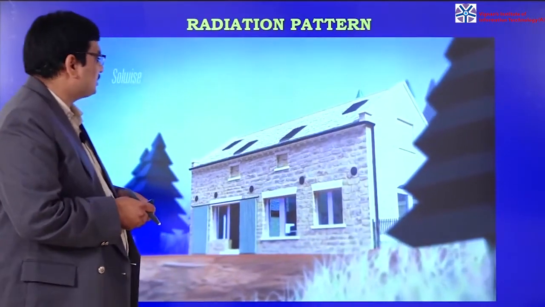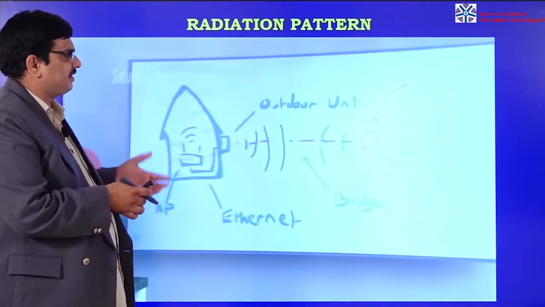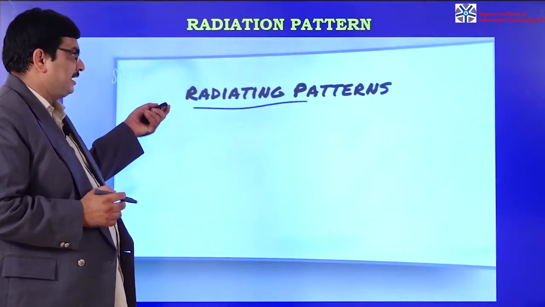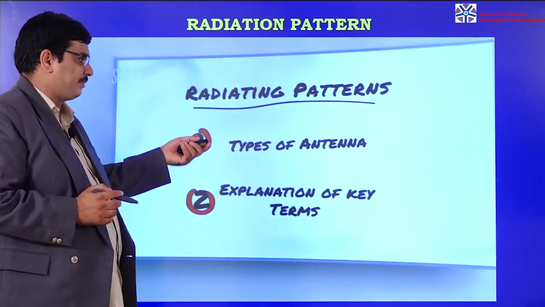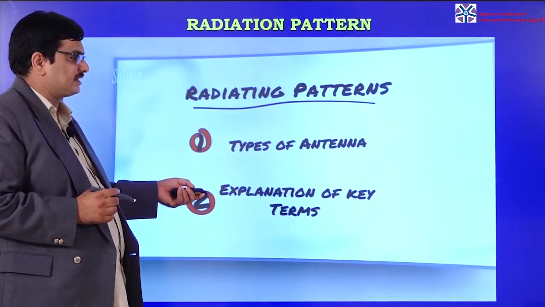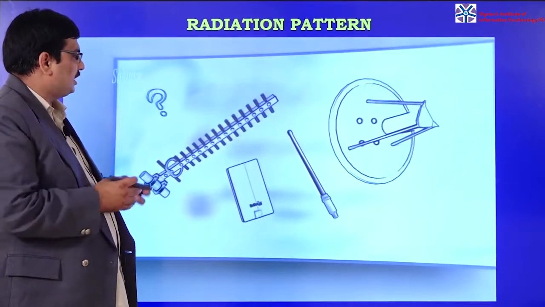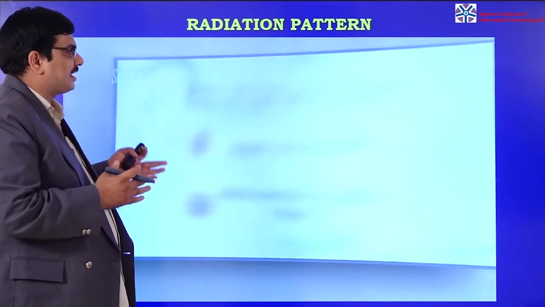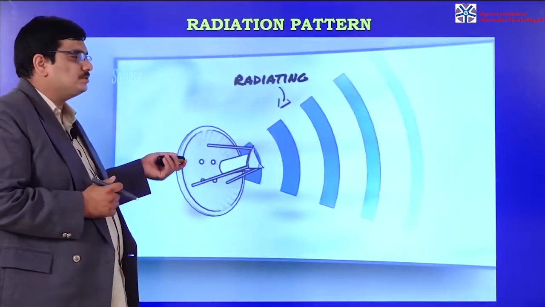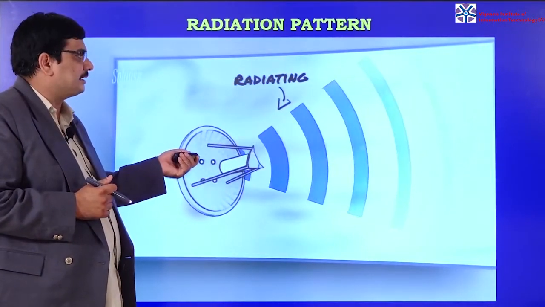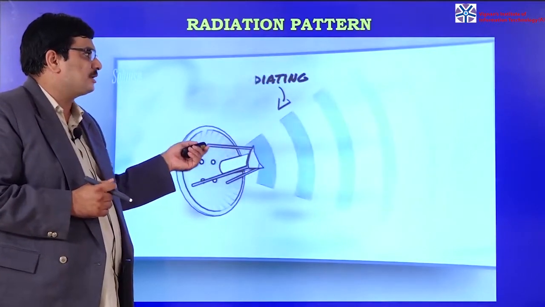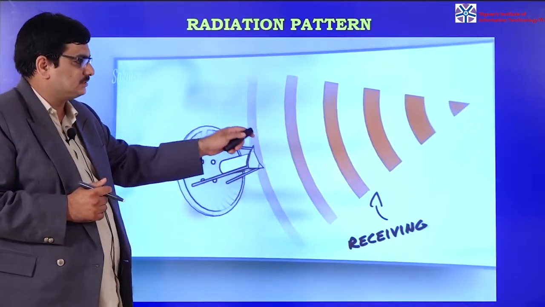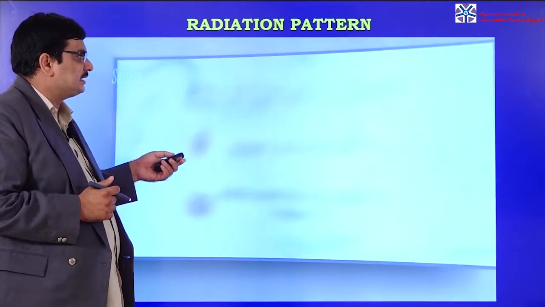Here we are discussing how we use different antennas from the transmitter side to the receiver side, the major radiation patterns, the different types of antennas we use, and the key parameters of your antennas. Suppose we are using a transmitting antenna. From the transmitting antenna, radiating waves are passed into free space. Our antenna can act as a transmitting antenna as well as a receiving antenna, and it will receive the signals.